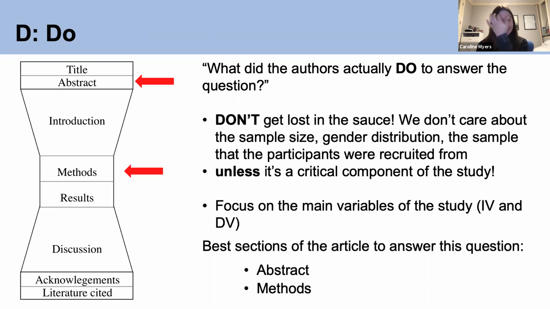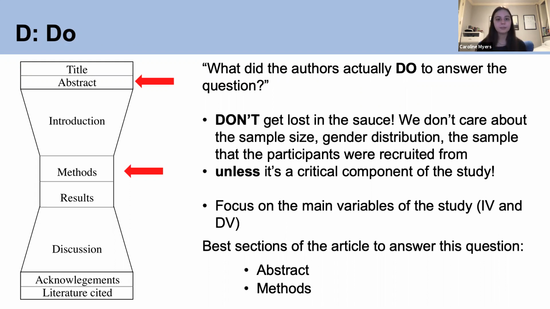The second section is the D section. D stands for do. I think that this is one of the most straightforward aspects of the QDAFI method. So what did the authors actually do in practice, right, to answer this question? You should focus on what the authors manipulated and what the authors measured. So in other words, you should be focusing on the independent variables, right? Like I said, what the authors manipulated or what they changed, and the dependent variables, what they measured,